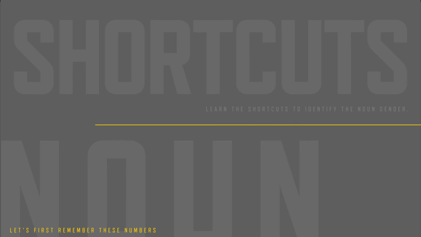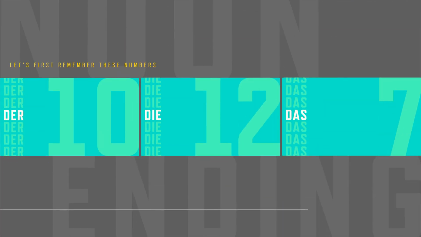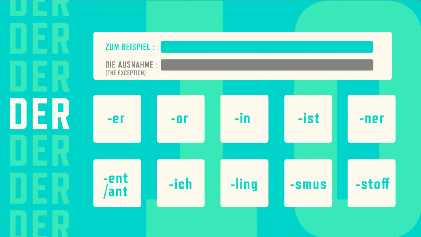Let's first remember the numbers 10, 12, 7. 10 is for der, 12 is for die, 7 is for das. We have 10 noun endings for the masculine articles, 12 for feminine, and 7 for neuter. To use the masculine article der, you can try to spot the nouns that end with er. Zum Beispiel,